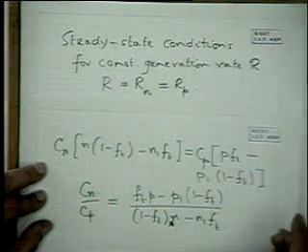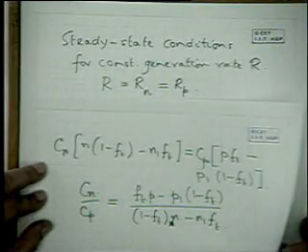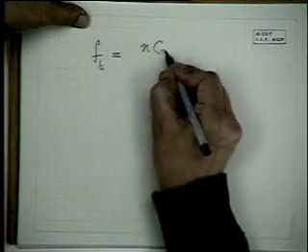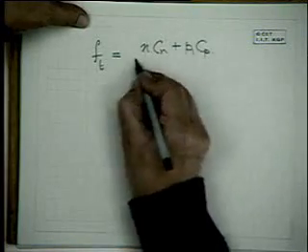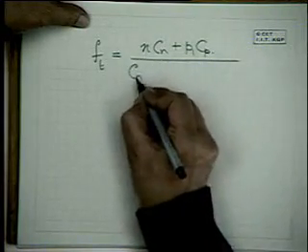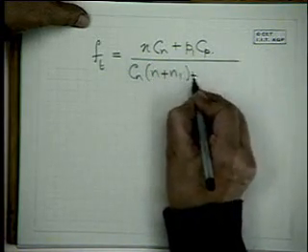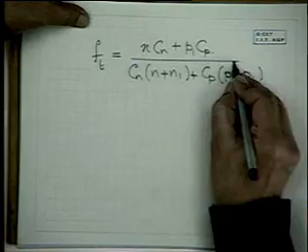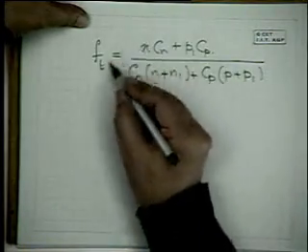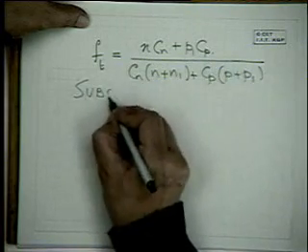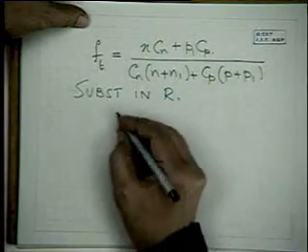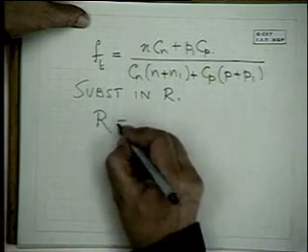From this we can calculate what Ft is. The occupation probability Ft is equal to n Cn plus P1 Cp over Cn into n plus N1 plus Cp into p plus P1. The denominator is quite symmetrical, and if we substitute this in the expression for R, we get one of the most important relations,